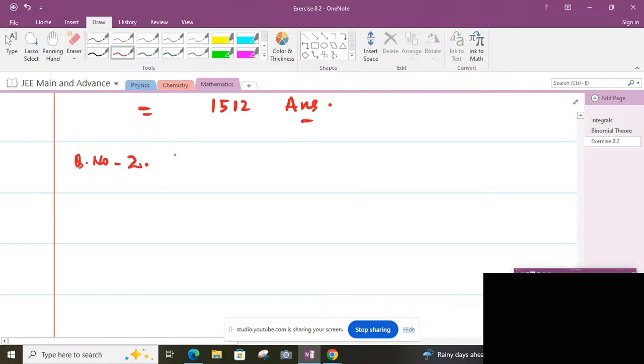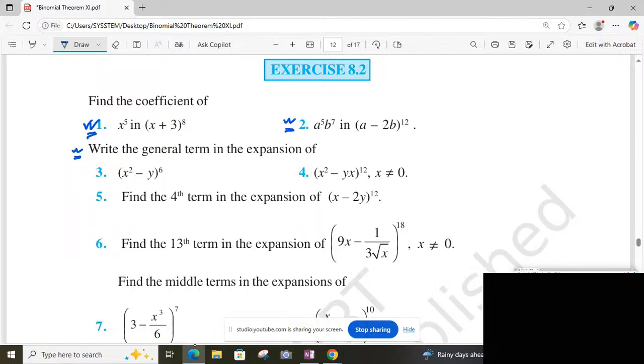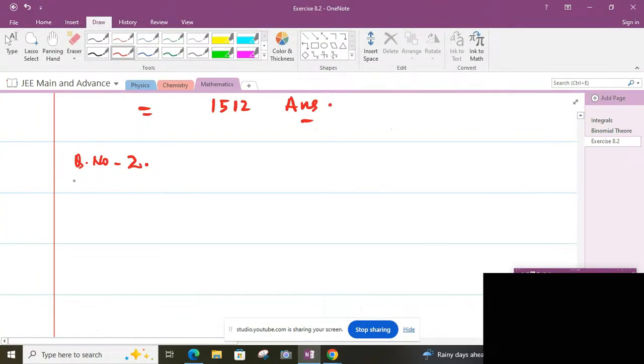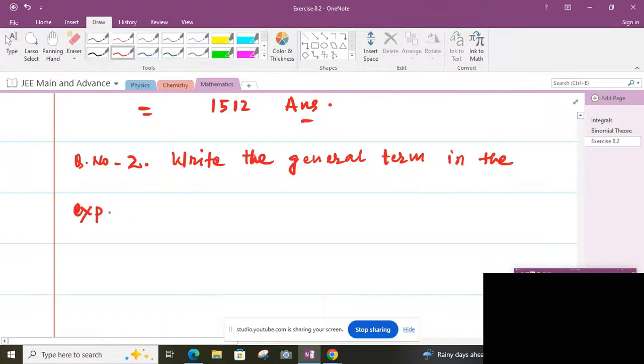Question number 2 asks us: write the general term in the expansion of